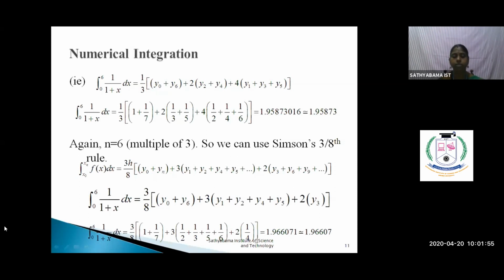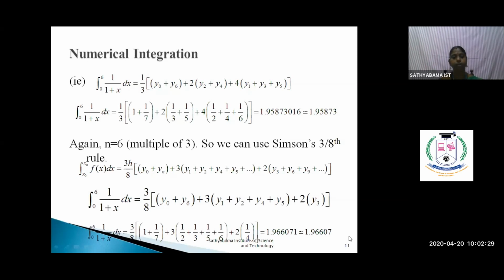Is it clear? It's a very, very important point, because many students, we are seeing that the formula is given, again you are writing that y6 in the third term. That should not appear in the third term, because each and every term should appear only once in that formula. That's very, very important. Even though that's satisfying the rule, you should write it only once. Okay. So that's why we are not writing that y6 in the third term.